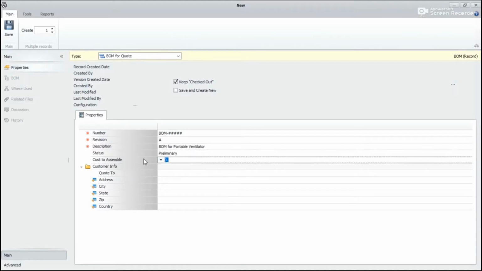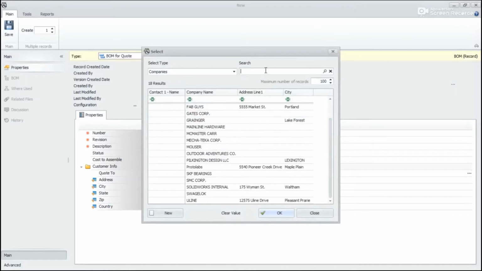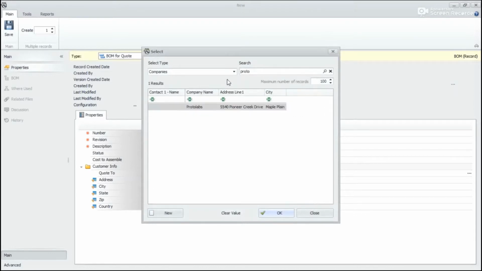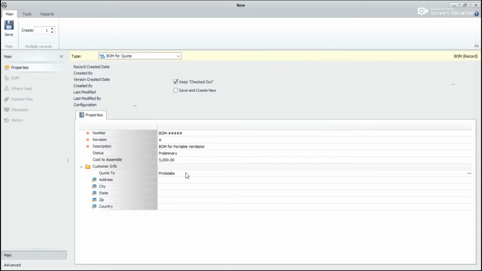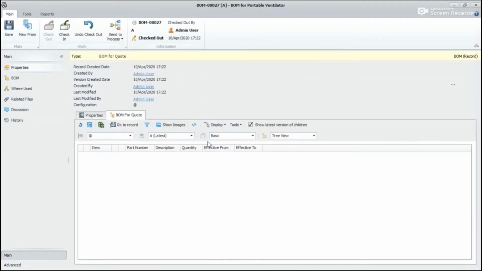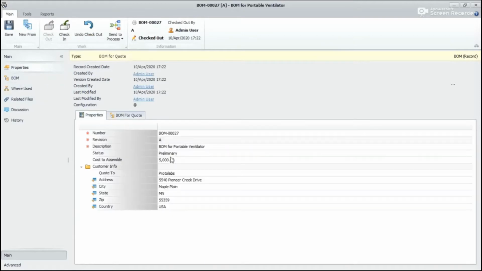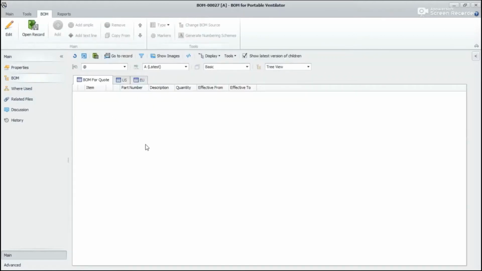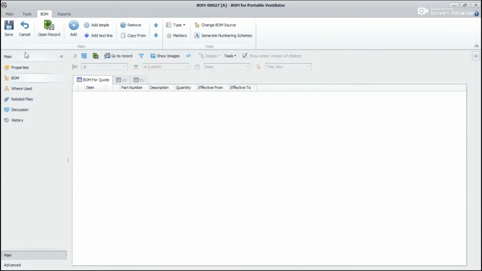So once the mandatory details are entered, we will save the bill of material, and once the save is clicked, we will be asked to select the 3D model for which the bill of material is to be generated.